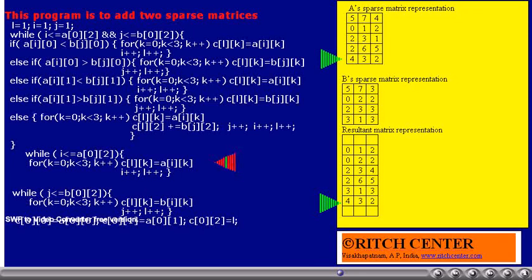However, in this case, the last while condition becomes false because no more elements are there in B. Like this, we have copied the elements of both the matrices into the resultant matrix. The L value indicates how many elements finally are available in the resultant matrix.